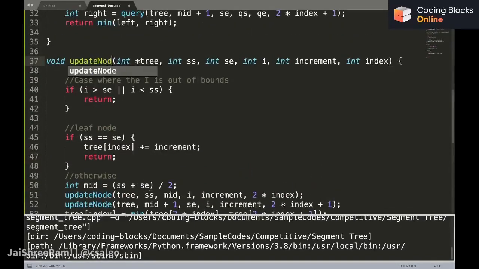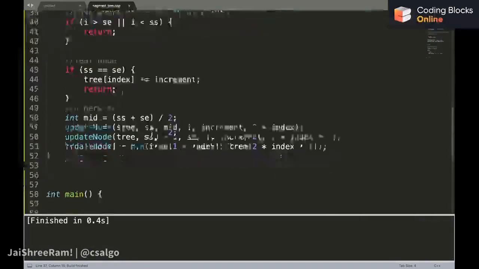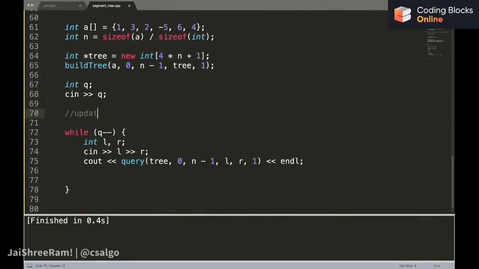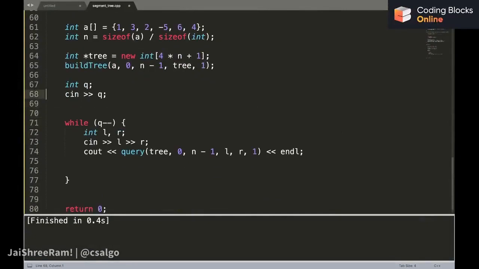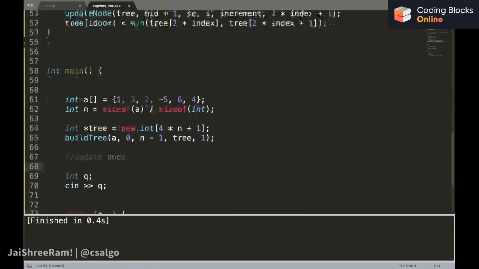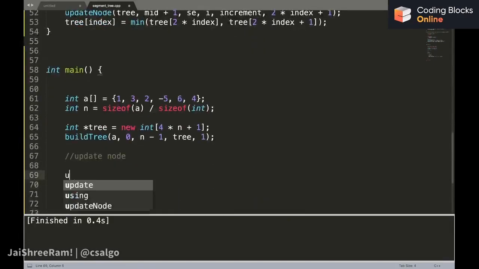Right, so this function should be update node. Okay, so what we can do, we can first call an update node function. Let's try to test our code. So I can say, okay, let me update two nodes. So one is